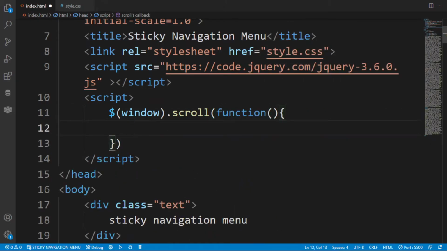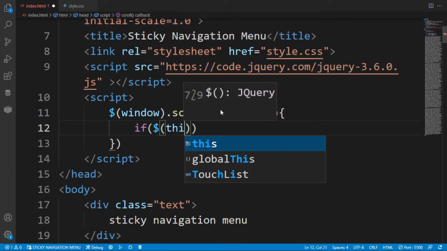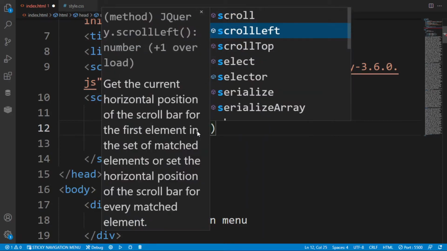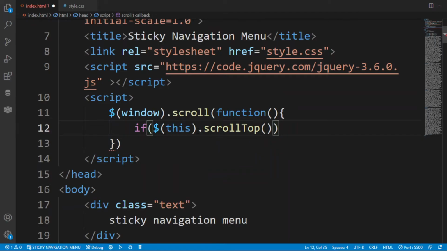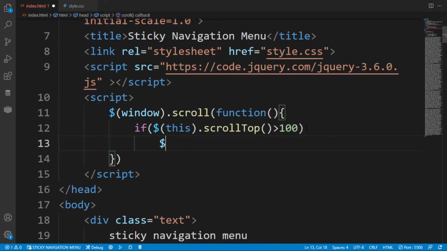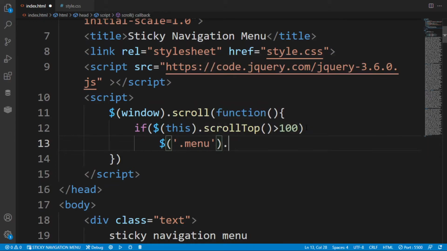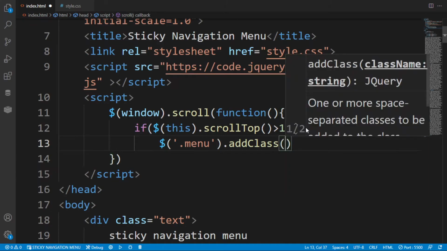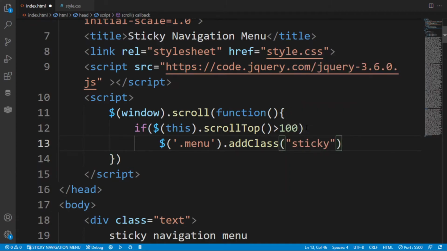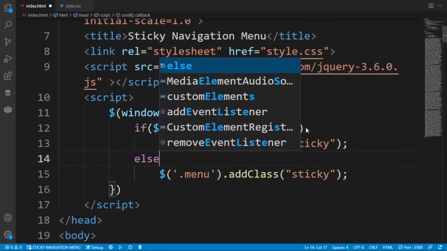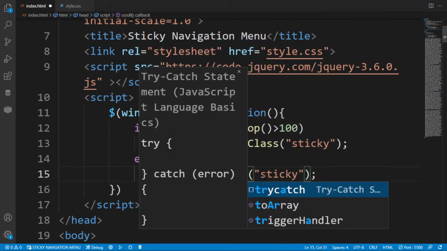As you can see in this function, I have created an if condition: the window that I have selected, when I scroll to top, if it is greater than 100 pixel, then the menu class gets addClass sticky, and if it is not, then create the else with the help of removeClass.